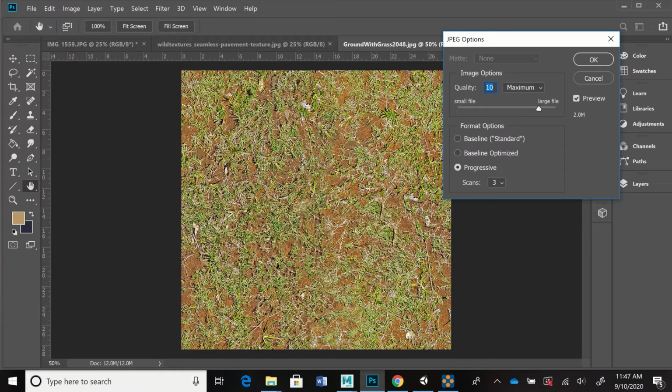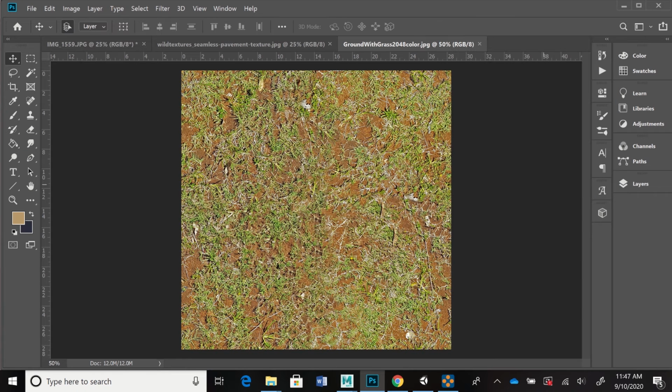I could pull this down to a quality of 10, which is still maximum, and it brings it down from almost 4 megabytes to 2 megabytes. And that's still going to be good quality. And it's a JPEG that I'm saving out. So I could say OK to that, and that will make it a little less computationally expensive